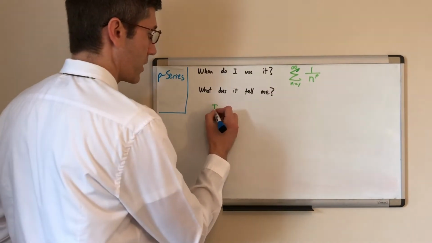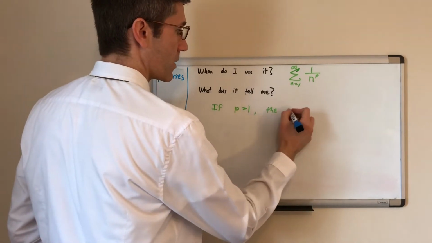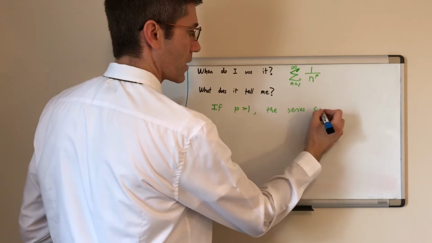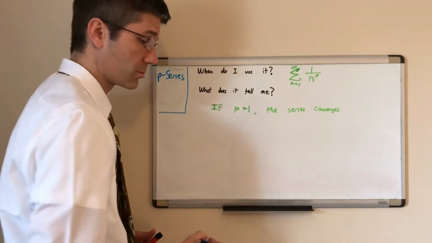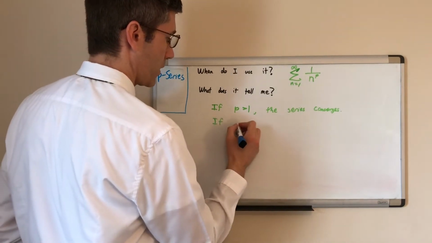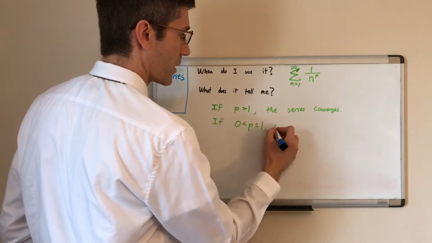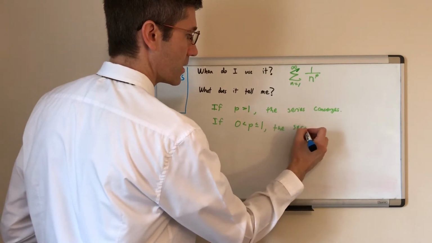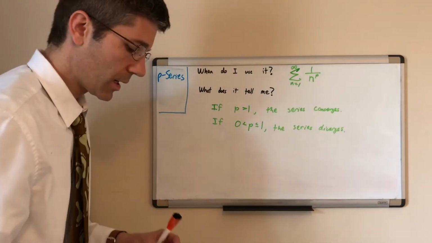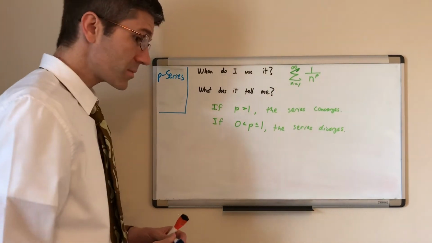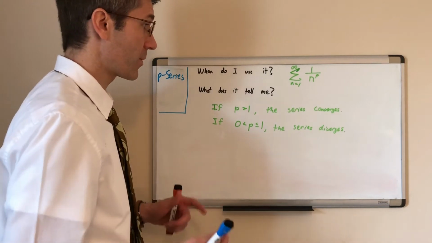So what does it tell me? If p is greater than 1, the series converges. Period. That's it. It's that easy. If p is between 0 and 1, including 1, then the series diverges. These are the easy ones. You just have to identify it as such. Often when we get into other tests, like comparison tests, we will compare it to something using one of these